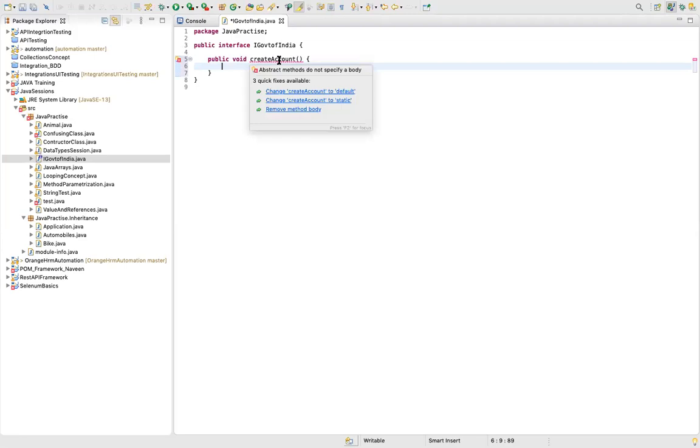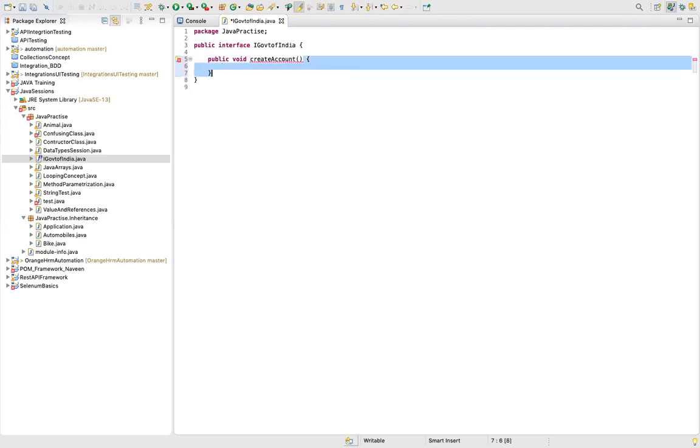So what can we learn from this? Point number 1: all the methods in an interface are abstract in nature. When I say abstract in nature, it means it's a prototype, right? We do not define a body in that method, so there has to be no body. I'll remove the body and close it. Are you understanding the difference?